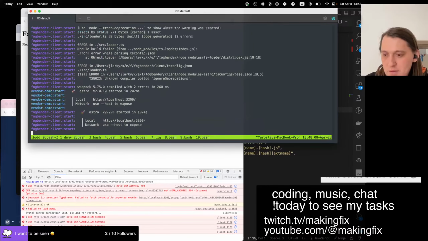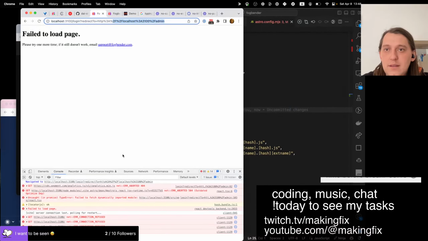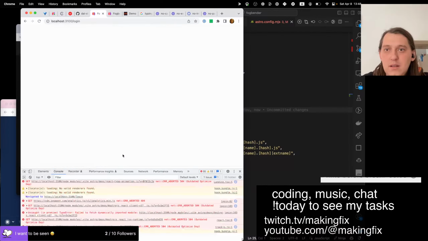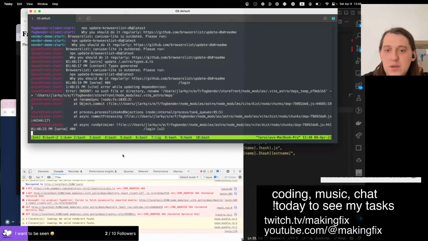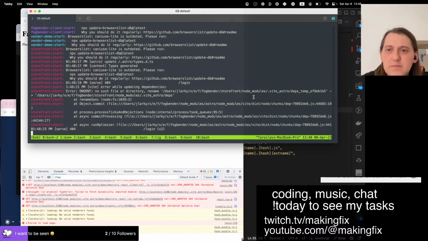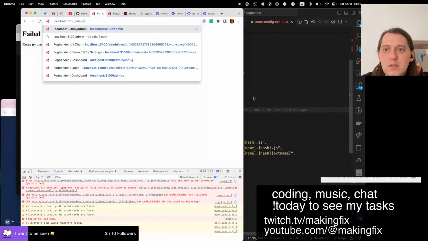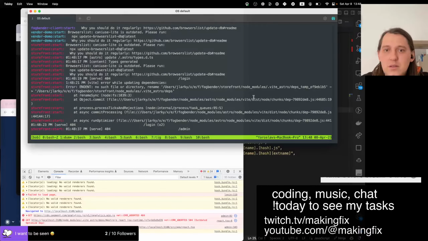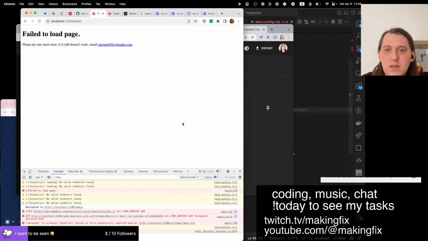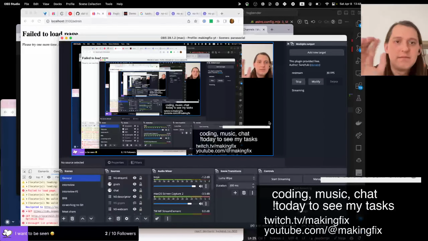Okay, I need to go soon, and so this one works and login doesn't work. Okay, same kind of error. Admin. Yes, for some reason this error is only happening for me. Okay, so I have to run and